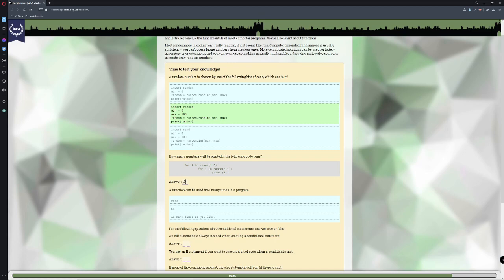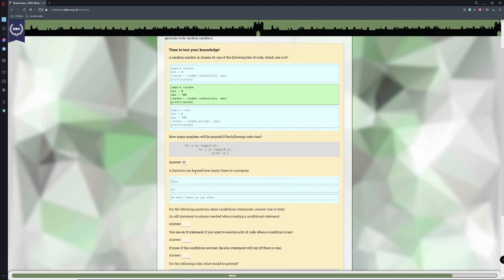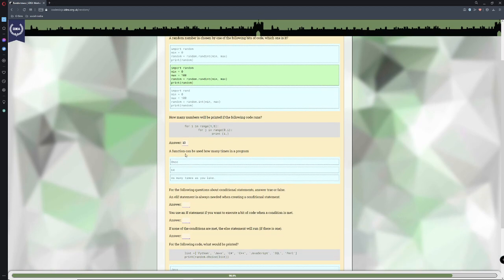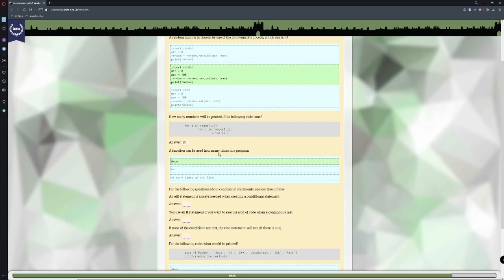Of course, it's going to do it 10 times, isn't it? And if it's not, we will change it. A function can be used how many times in a program? Once. You can only use a function once.